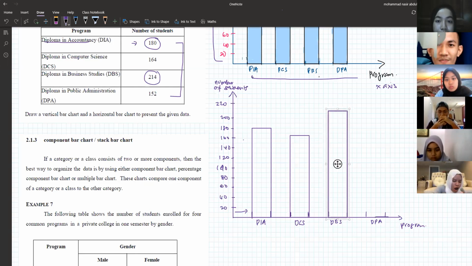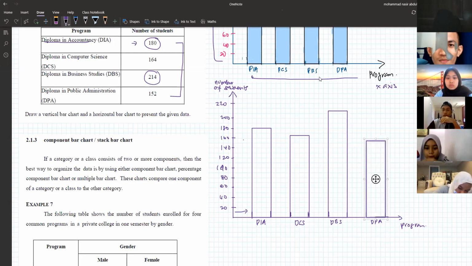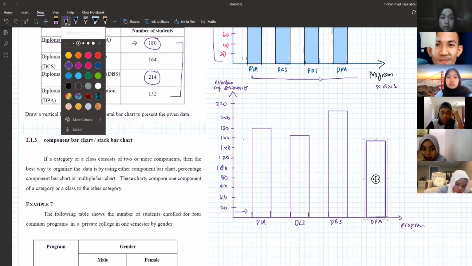And the last one is 152, maybe somewhere here. So now, once you have drawn the bar for each category,